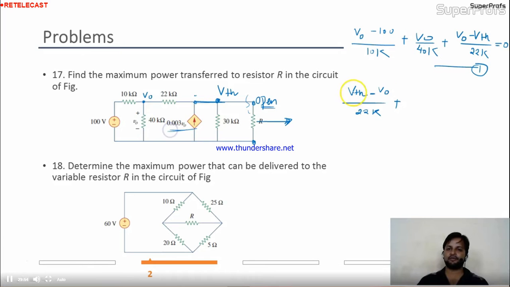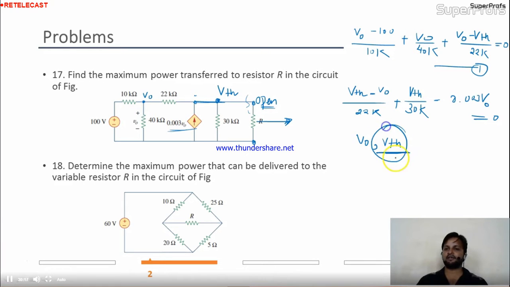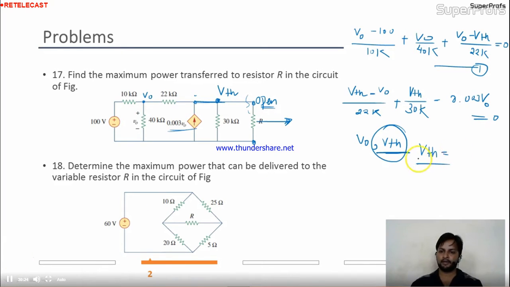From this we are having 0.0003. First take this, this is nothing but VTH by 30K. And this is incoming current. Incoming current we take negative, 0.003 V0 equal to 0. Now you are having two equations and two unknowns, V0 and VTH. But we are interested to calculate VTH only. So when you solve these two equations, you will get VTH is equal to, this VTH will be minus